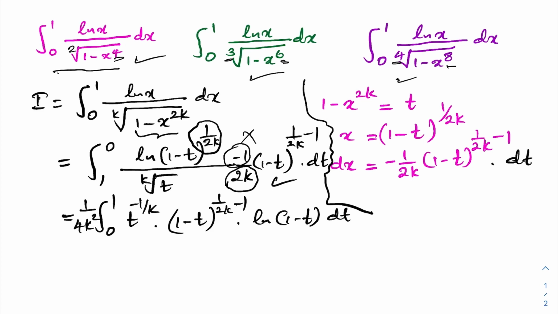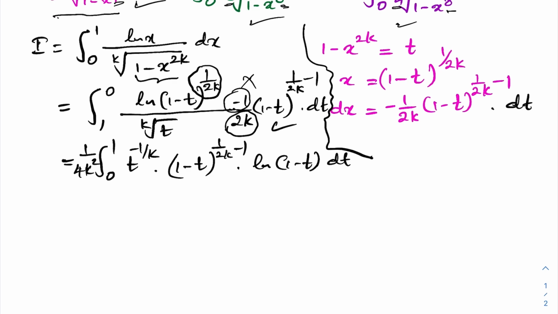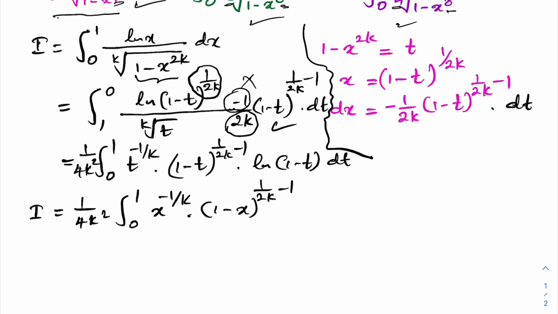Okay, then we know the definite integral is independent of the variable. So instead of t, I am going to write x. So we can write I is equal to 1 over 4k squared times the integral from 0 to 1 of x raised to the minus 1 over k, times (1 minus x) raised to the 1 over 2k minus 1, times natural log of (1 minus x) dx. Okay, now